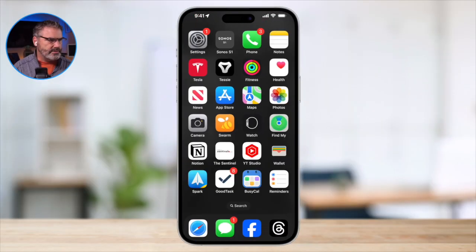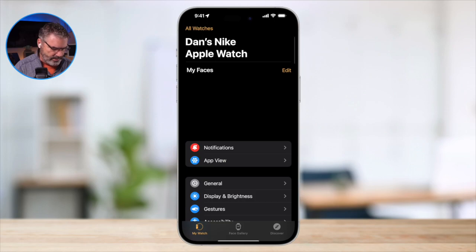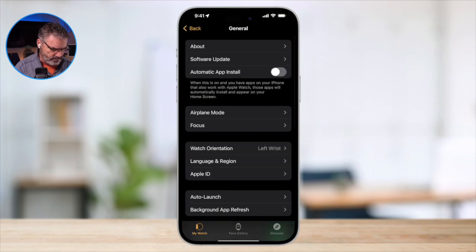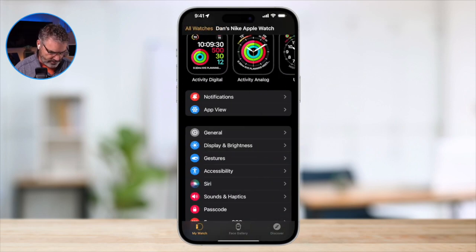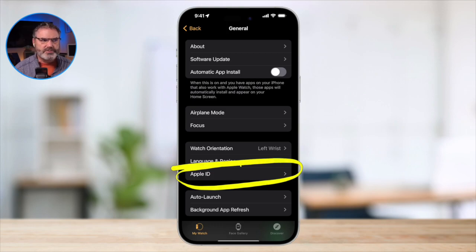So basically with this, what you're going to want to do, let's see if this is connected. Yep, good. Tom, if you watch this later, I'm pretty sure Tom would know this, but go to the Watch app. It's basically the only way you can do it. When you swipe up, I think it's under General. Yeah, so it's under General here, and under General you're going to see Apple ID, and that's where you sign in. So you do this all through the Watch app on the iPhone.